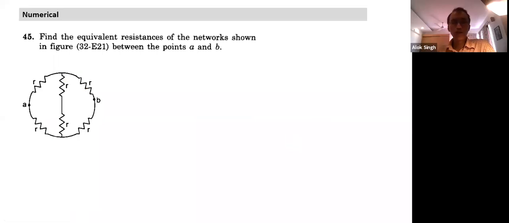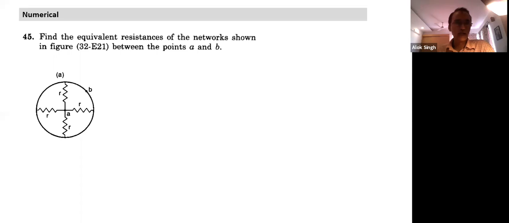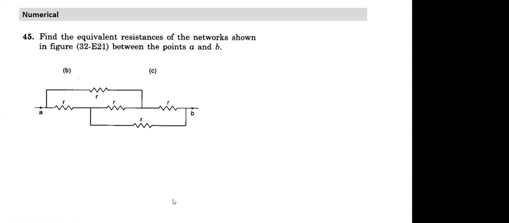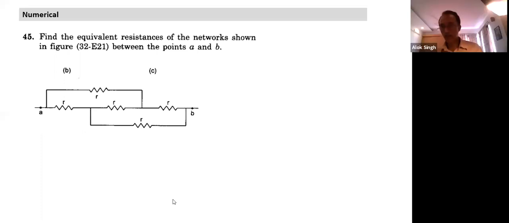Similarly, we can do this also, A and B, and you can do it afterwards. I think all of you can try this question also. What is the equivalent resistance between A and B? All of you think in your mind, and those who have understood, please raise your hand, and the rest of you also think harder. What is the equivalent resistance between point A and B for the circuit which is given?